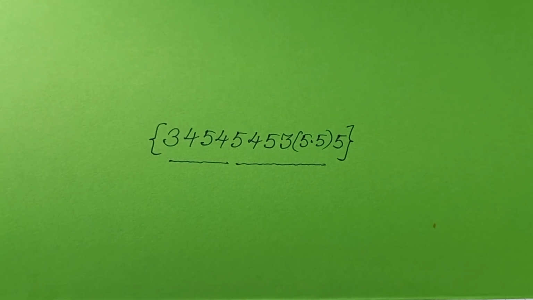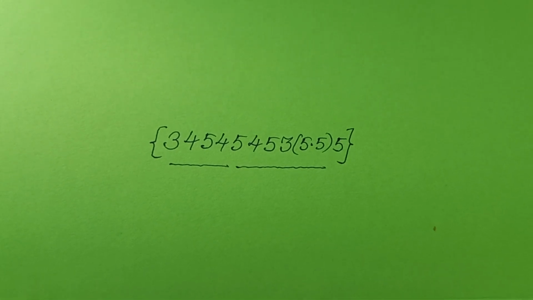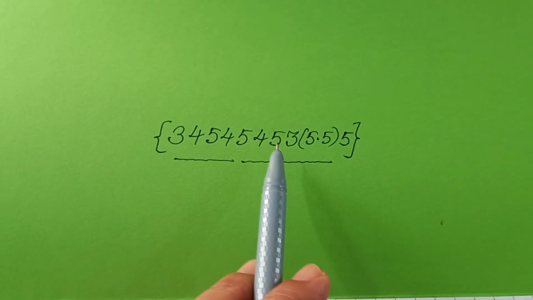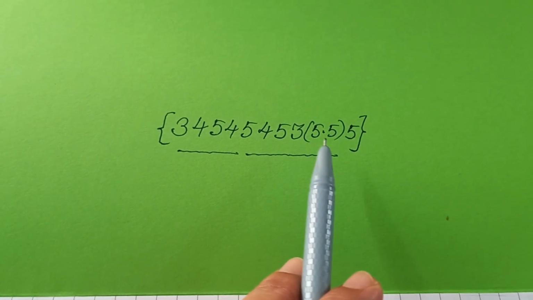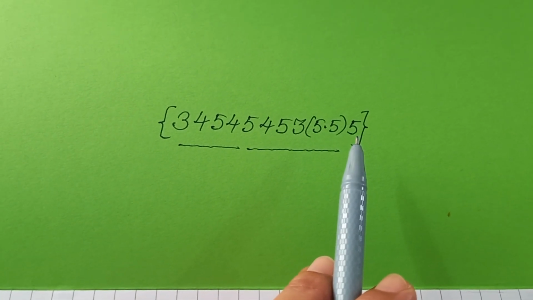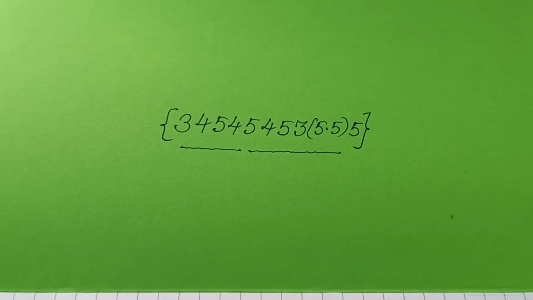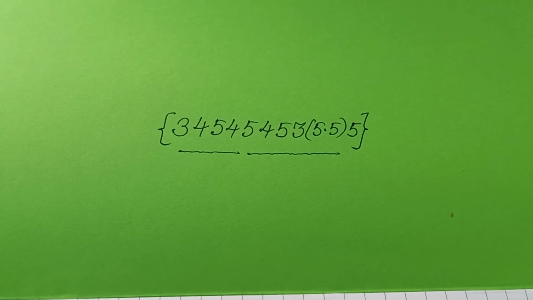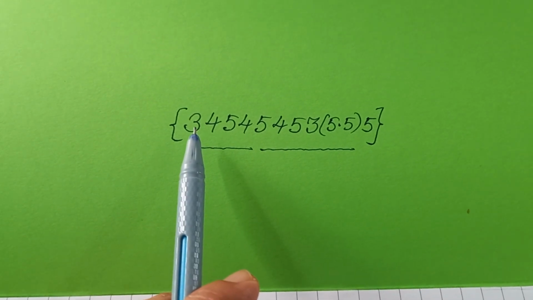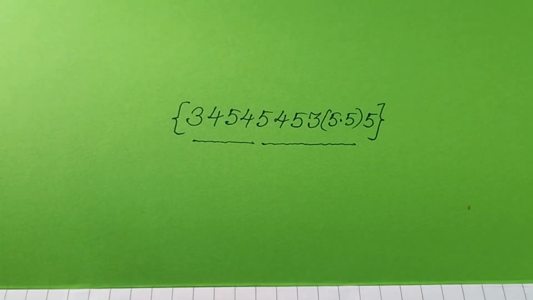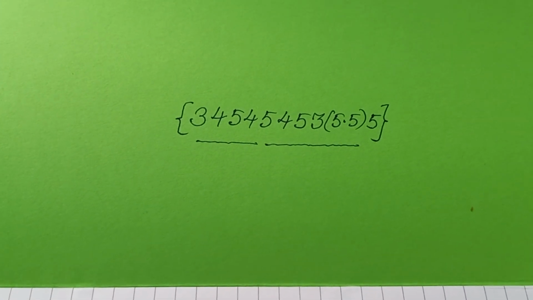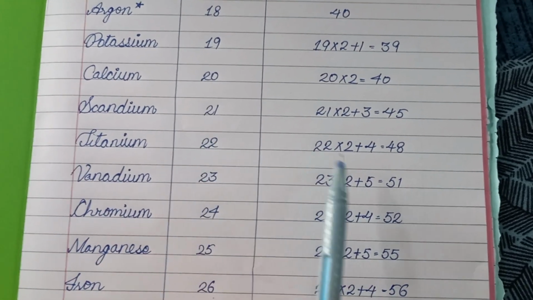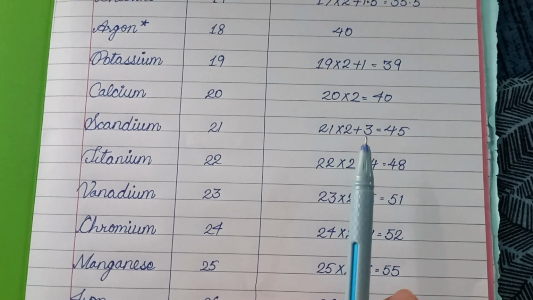Further, if I am talking about the elements with atomic number 21 to 30, you need to cram this big number: 3, 4, 5, 4, 5, 4, 5, 3, then 5.5 and 5. You need to multiply the atomic number of the element by 2, then add 3 in the case of atomic number 21, that is scandium. Scandium, atomic number 21, 21 multiplied by 2 plus 3,